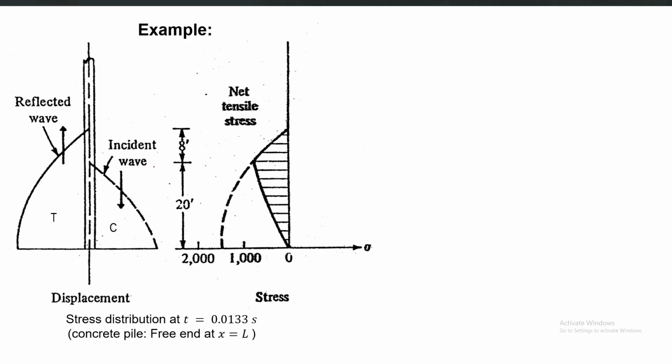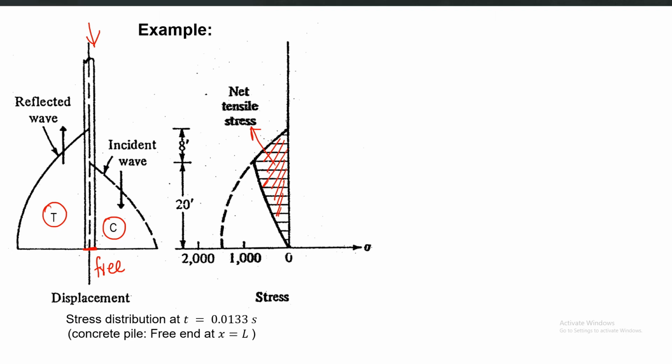So now this is the direction of the propagation of the wave, and this is a free end. Now if the incident wave is compressive, the reflected wave is tensile, and they will cancel each other out at the boundary level, and the net stress will be this one. This dotted one is the net stress. This will be far less than if they would have added to each other.